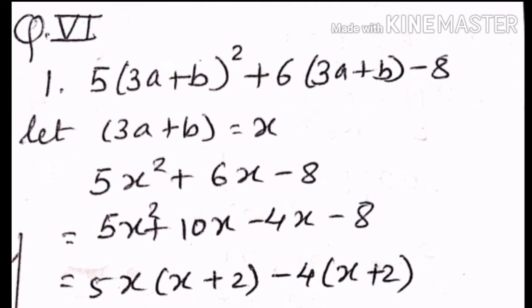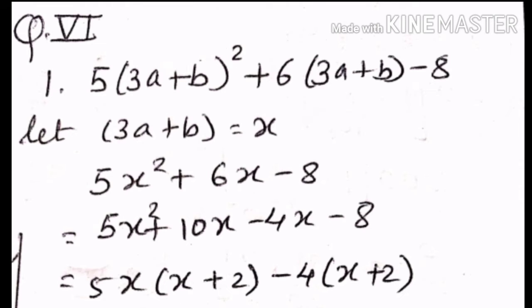Question number 6, first is factorize, in which you are given the expression. You can just observe it and say that 3a plus b we have to first remove and rename as x. I have rewritten the polynomial as 5x square plus 6x minus 8. Now we factorize by taking the 5 8s, the 40's factors, to make the middle term 6, that is 10 and 4, so 5x square plus 10x minus 4x minus 8. Now taking common from the first two terms, we get 5x common and in the bracket x plus 2, and from the other two terms minus 4 common and write x plus 2.